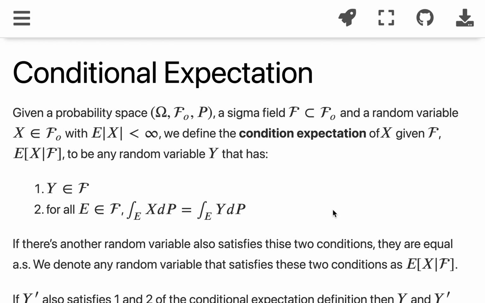So first, we know conditional expectation in elementary probability theory is: given some random variable, you know something, and then you try to find the conditional density function, and then try to find the conditional expectation of some random variable. But what is a conditional expectation? Why can we do that?